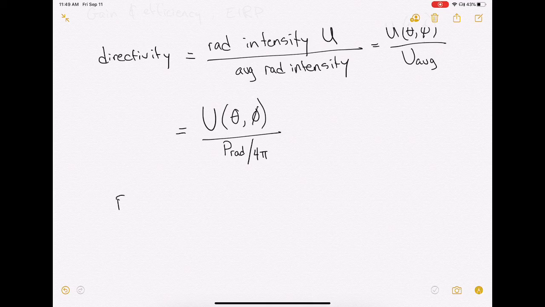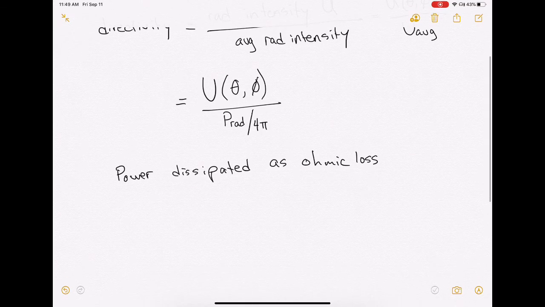Some power gets dissipated as loss, as ohmic losses, in the materials, the dielectrics and conductors that your antenna is made up of. So we're going to define a quantity called efficiency